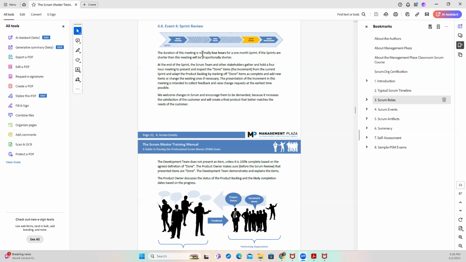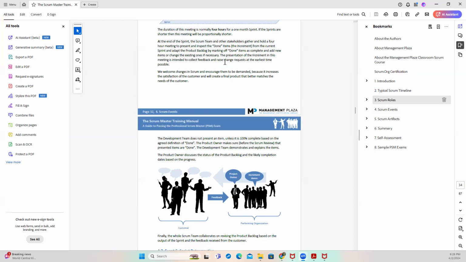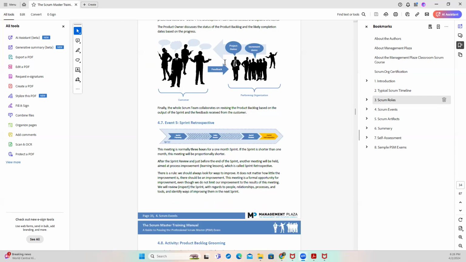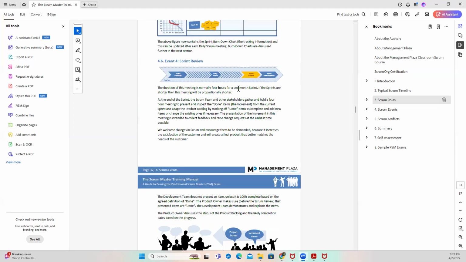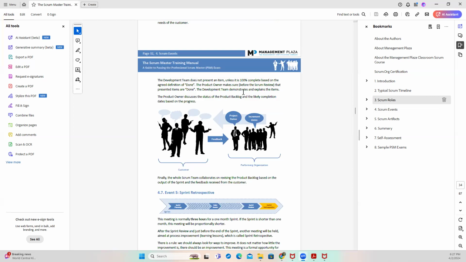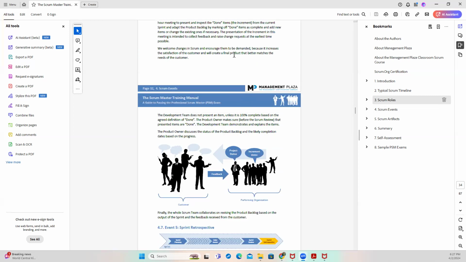So for the hours, just use math to divide it. Say, for example, 4 hours for a 1 month sprint. In a month, we have 4 weeks. So if our sprint is just 2 weeks, divide 4 by 2. We should be putting in 2 hours for a 2-week sprint. So the sprint review is where they just do the demo of the product. If it meets the definition of done, then they can mark it done. The sprint review is just a time and place.